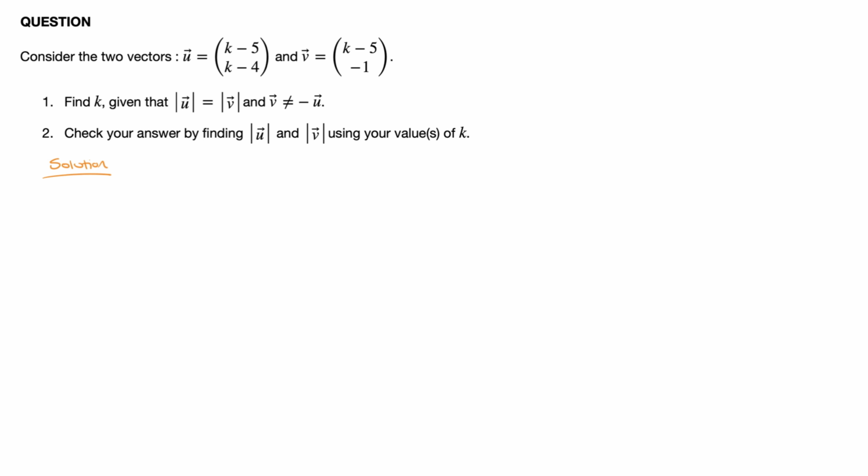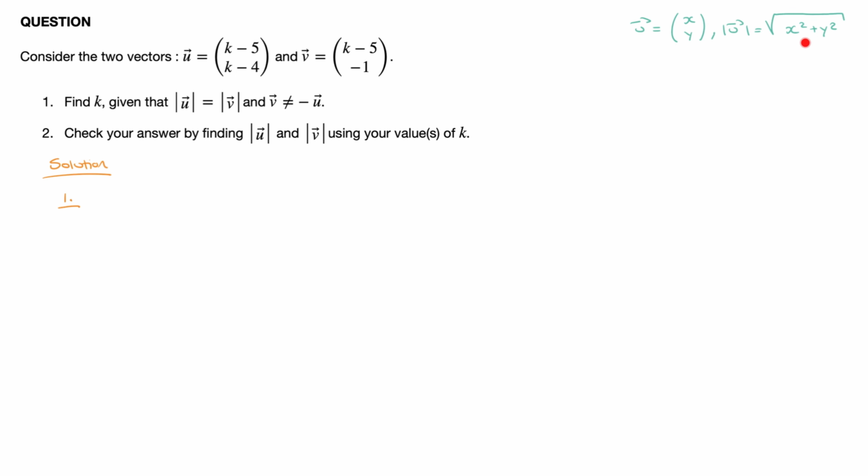All right, now if I start with question 1, remember we need to find the value of k given that the magnitude of vector u is equal to the magnitude of vector v. Let me start by quickly reminding you that if we have a vector, say u, with components that I'll just call x and y, then its magnitude is equal to the square root of x squared plus y squared. In other words, it's equal to the square root of the sum of the squares of